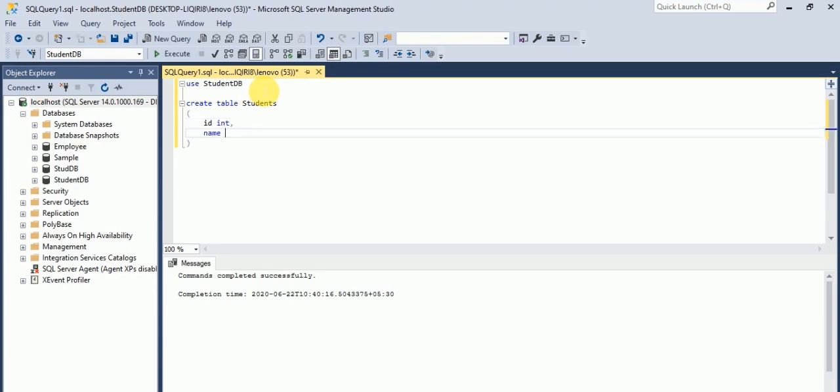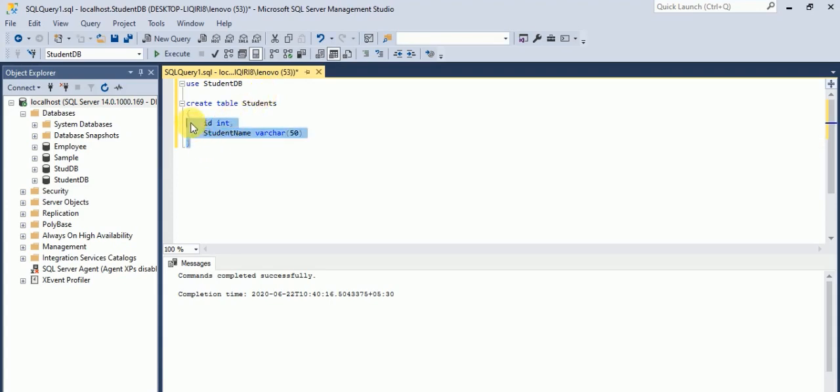Then we'll have student name. And name will contain characters, so we'll have varchar. I will keep the limit as 50, so it will accept 50 characters. That's it.